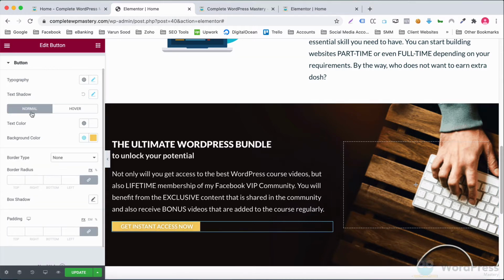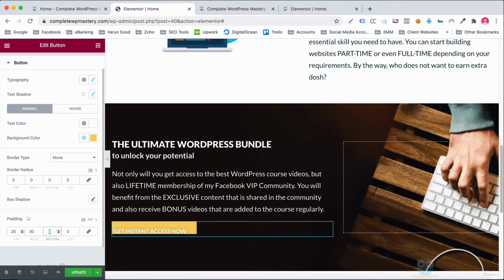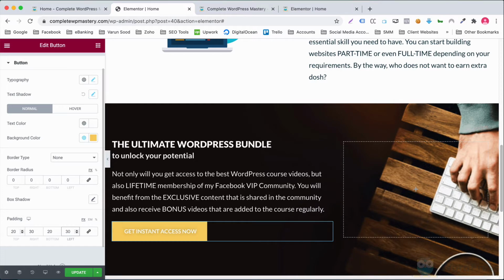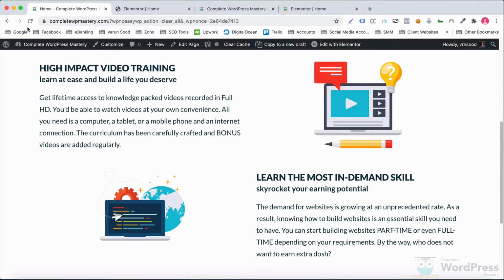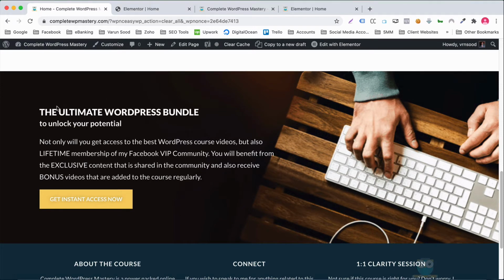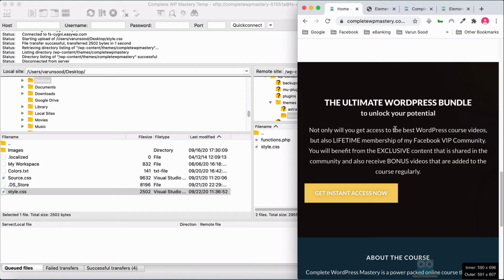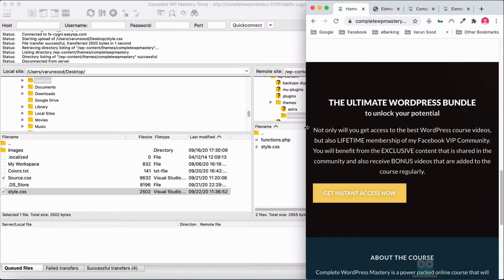And let's also adjust the padding. Hit update and reload the page. It looks great. But we'll have to center align the button in the mobile view.